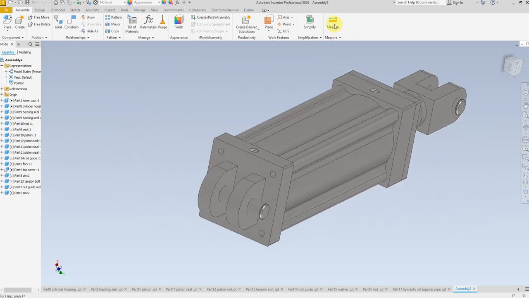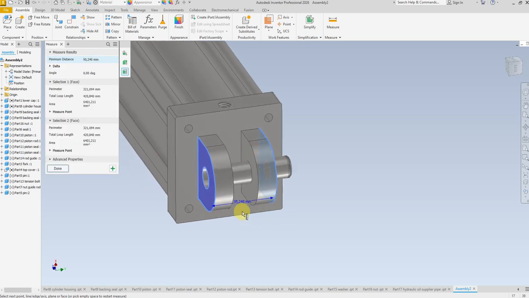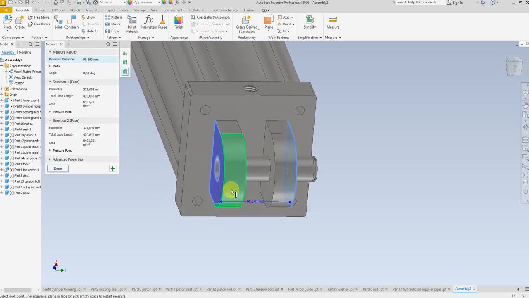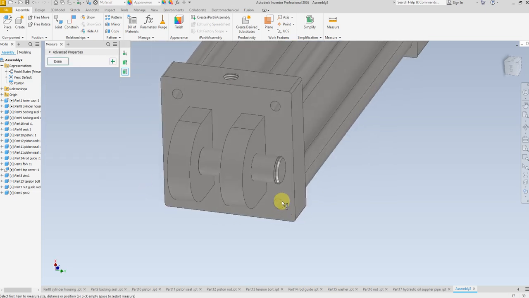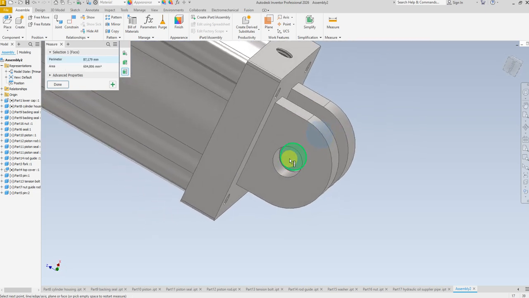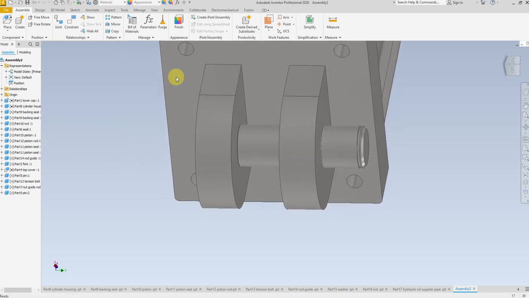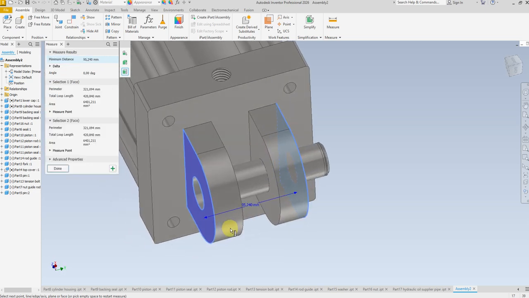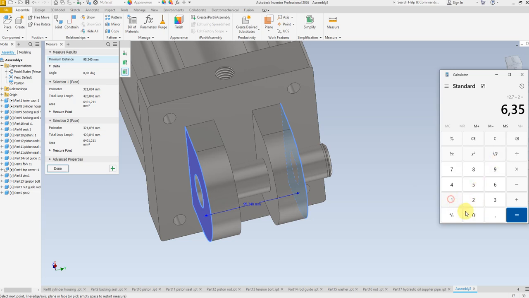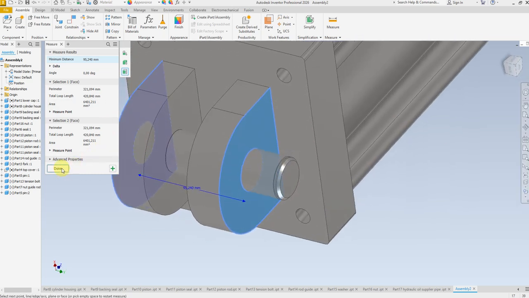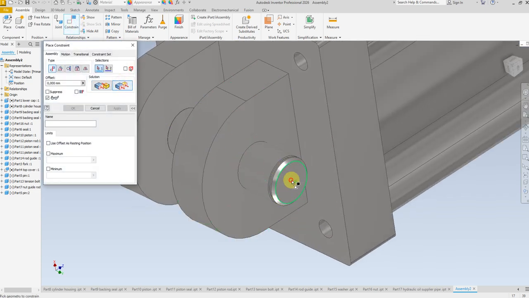So let me calculate the distance from here up to here is 95.240, and the length of this is 105 minus 95.240 divide by 2, 4.88 millimeter. So select 4.88 minus. Okay,